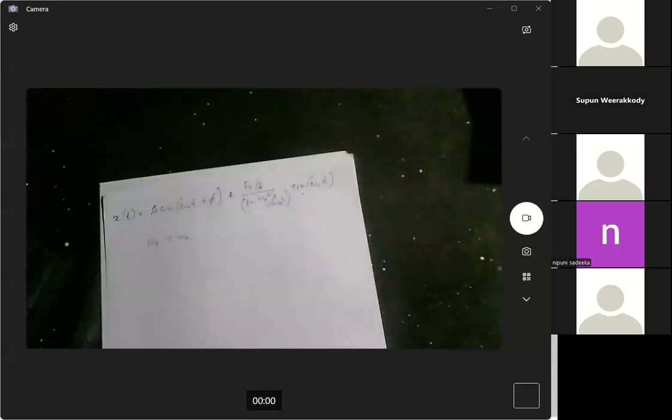You have to explain it looking at the equation. What kind of things that you can